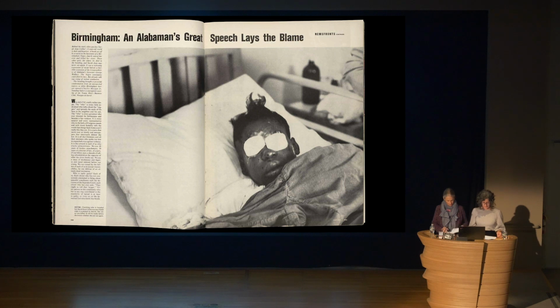This is the spread. Printed nearly full bleed across both pages in the Life on the News Fronts of the World feature, that was a regular feature, in the September 27th, 1963 issue. This photograph insists on the close study of the cut and bandaged face of Sarah Jean Collins, a 12-year-old girl, one of the 22 people injured by the bomb blast, and the younger sister of one of the 4 murdered